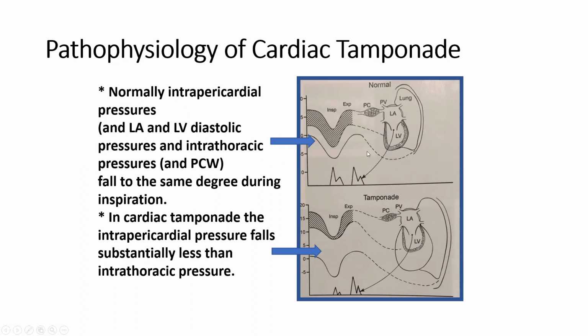Normally, the intrapericardial pressure is equal to the cavitary pressure and the intrathoracic pressure; they fall in tandem during inspiration and expiration. If you look at this line, this is the intrathoracic pressure. The bottom line is the intrapericardial pressure. They move in tandem during respiration, which causes very little variation in the gradient between the pulmonary veins within the lung fields and the left atrium. So that's why the mitral inflow Doppler and tricuspid inflow Doppler, based on the same analogy, don't change